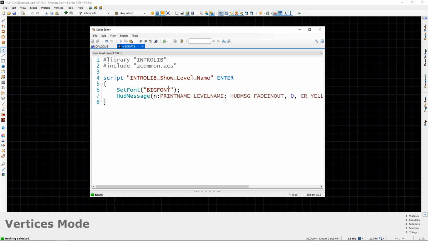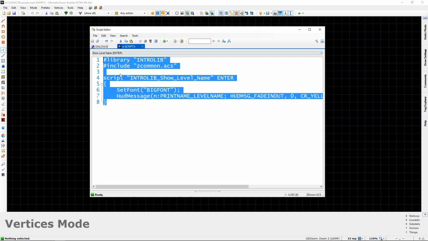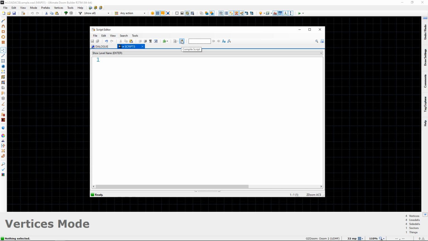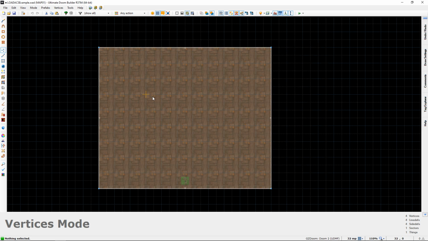So now we're not going to be able to compile this. What I'm going to do is copy all of this. So I'm going to select it all, copy it, and then erase this and hit compile, because I don't want this map to have any scripts. And we're going to close this WAD, and we're doing something similar to what we did earlier. So we're going to go to our